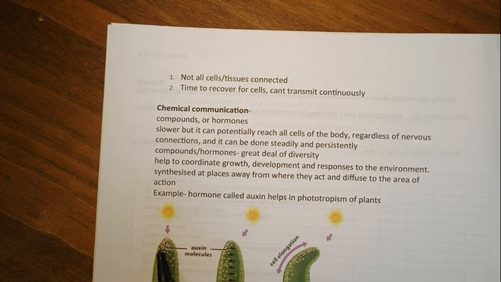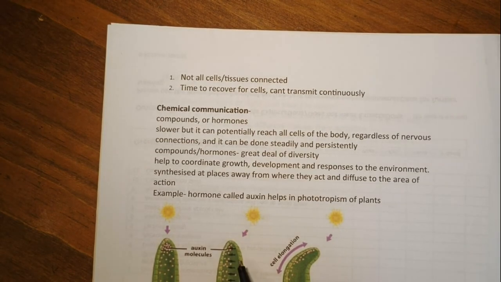It helps the cells to grow longer. So if the sunlight is coming exactly from over the head of the plant, then the cells will keep growing tall. But if sunlight is on one side of this offshoot,